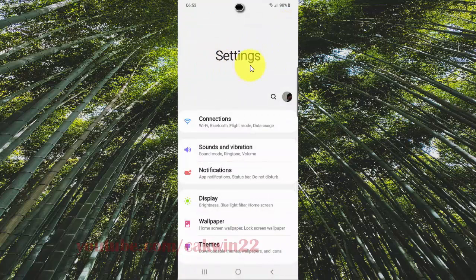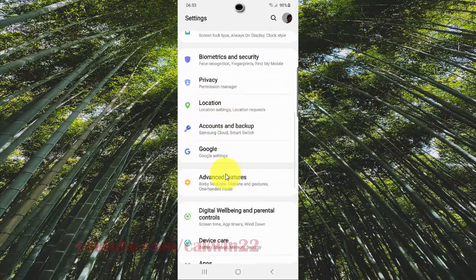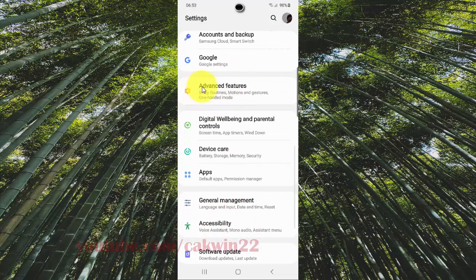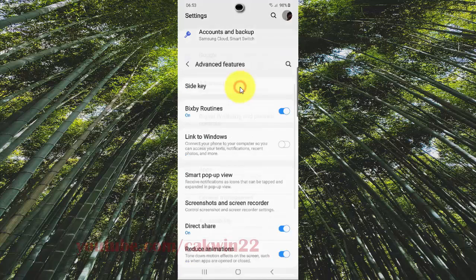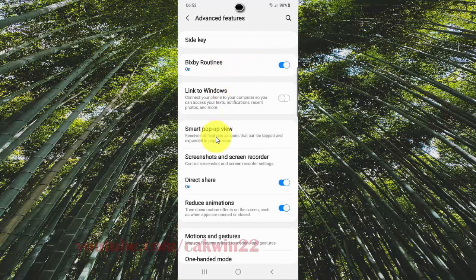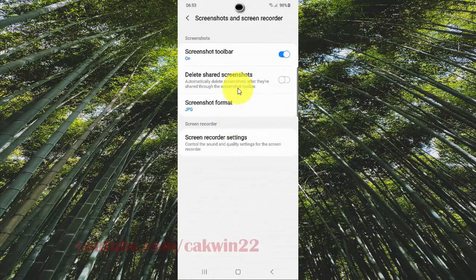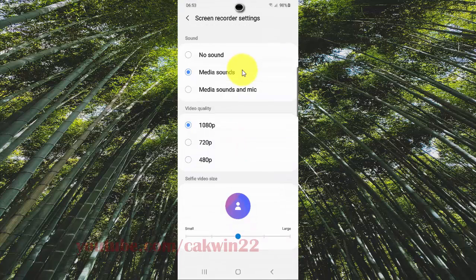Scroll down the settings screen and find advanced features. Tap advanced features. Tap screenshots and screen recorder. Tap screen recorder settings. Select media sound and mic,